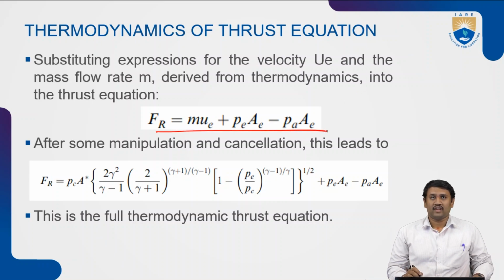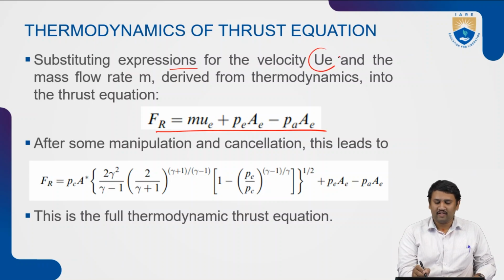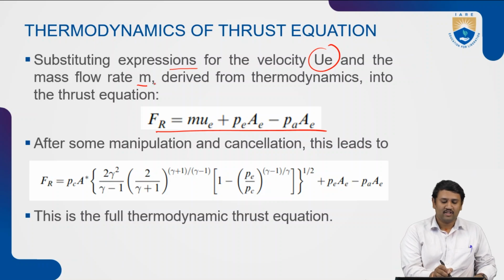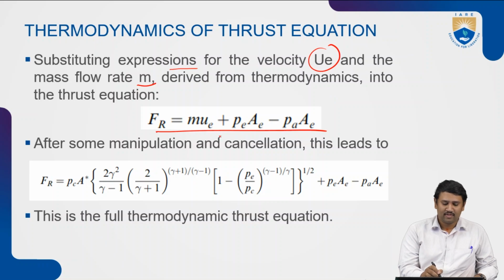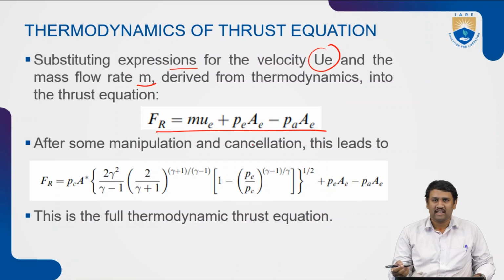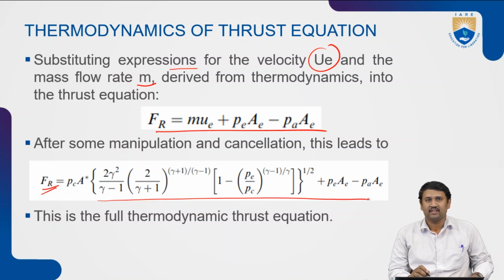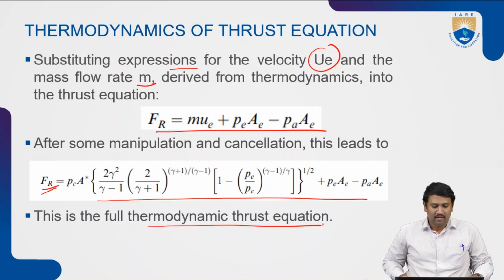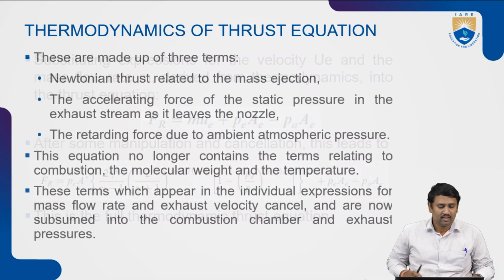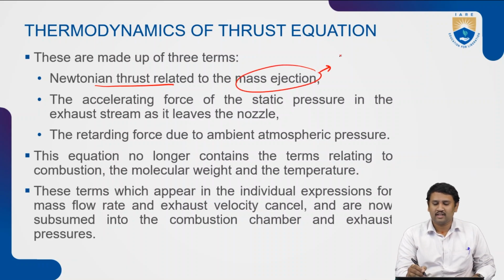From the previous lecture, we have come to this part where the expressions related to the effective exhaust velocity and the mass flow rate m were derived under thermodynamics. Substituting, and after a few manipulations and cancellations, we get the thrust equation, which is also the fundamental thrust equation. It contains three terms, particularly a Newtonian thrust that is related to the mass ejection of the exhaust